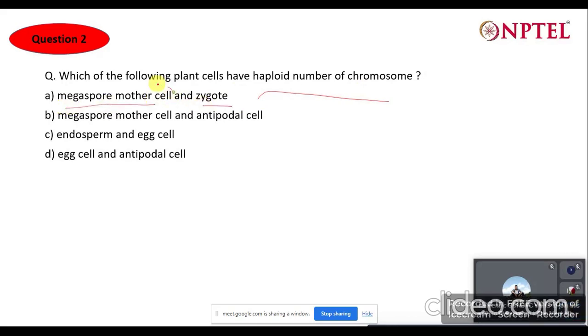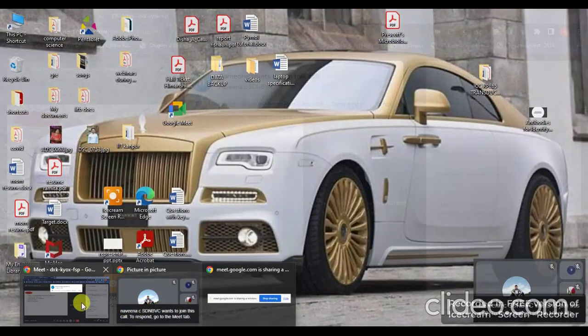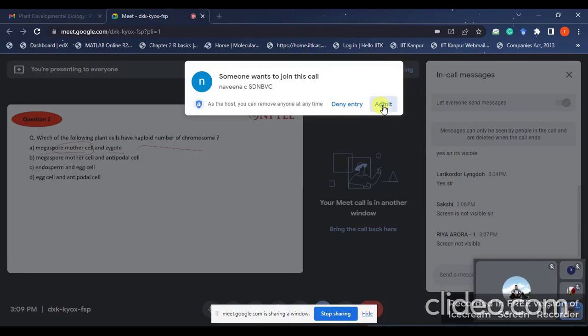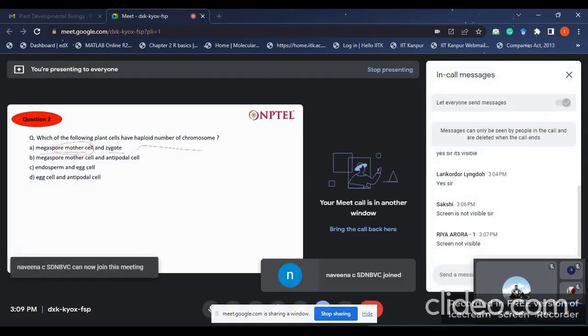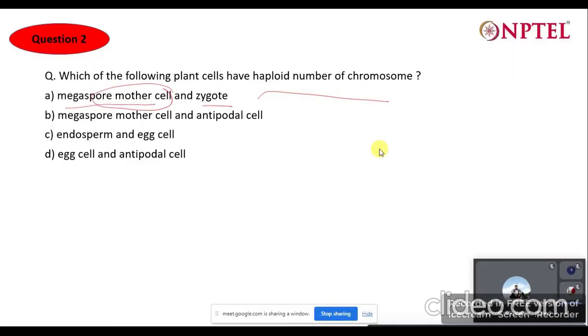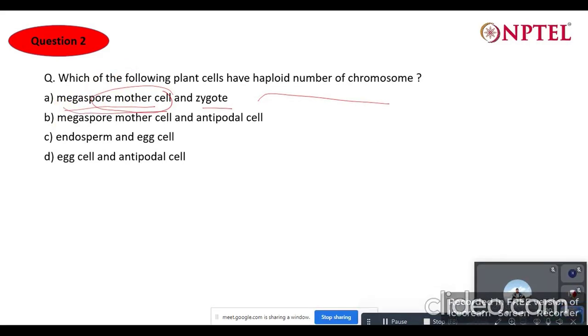Megaspore mother cell is the one, just a second, there is someone in the call. Yeah, is my screen visible? Yes, sir. Hmm. So megaspore mother cell